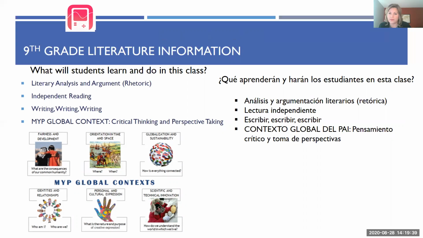I really believe that's a very, very important skill for our students, and I want to make sure that they're successful in that. This course, ninth grade literature, is what we call an MYP course. MYP stands for Middle Years Program of IB. So all of our ninth and 10th grade students are MYP IB students. And so we teach and study the literature through what we call a global context, which really inspires critical thinking and perspective taking.